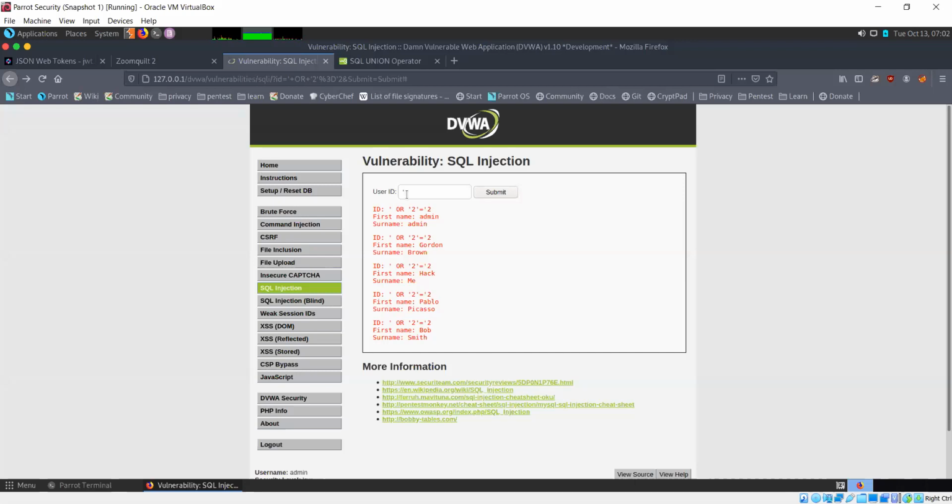So for that, here is where I'm going to use the union clause. There is already a statement running in the background, select first name, surname from users where this ID is equal to, and the input is being given by us.